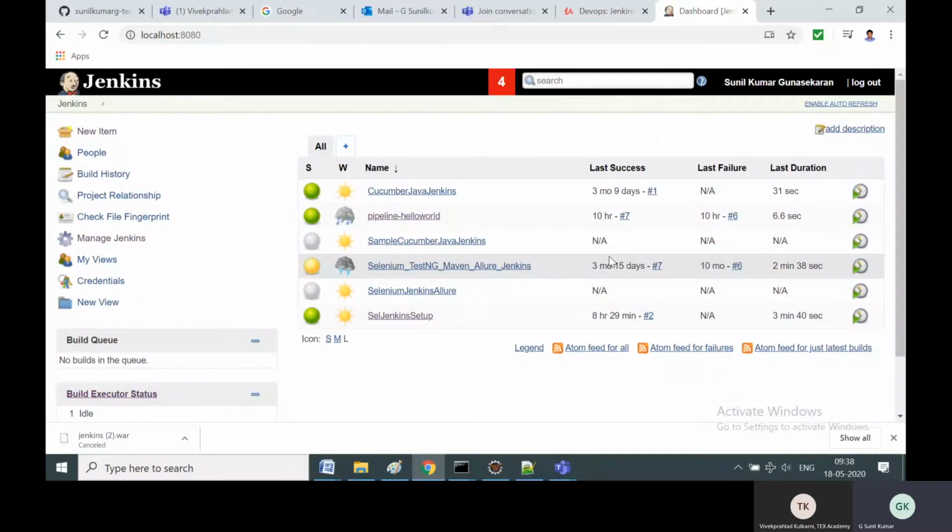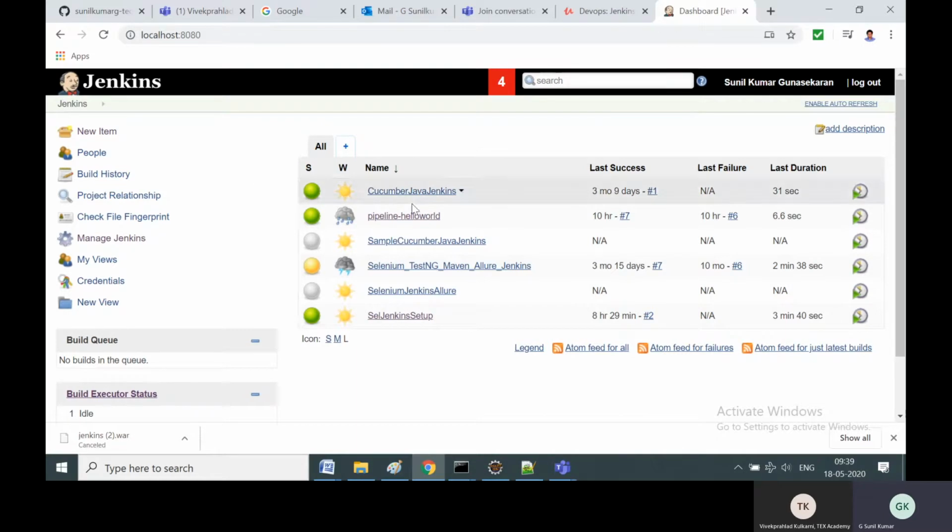A few of you might have already been working with Jenkins, but for those of you who are new to Jenkins, this is the Jenkins dashboard. Almost every day, you will be visiting this 5 to 15 times if you're an automation engineer working in a critical project.